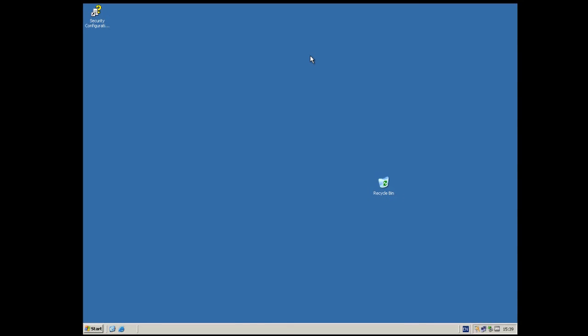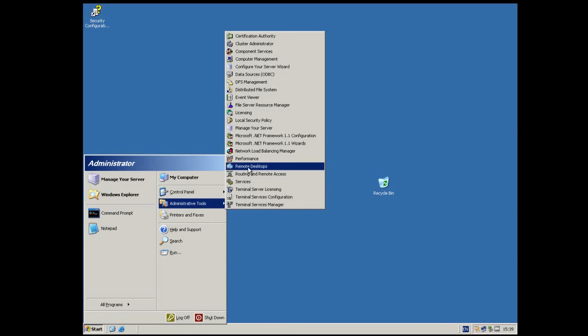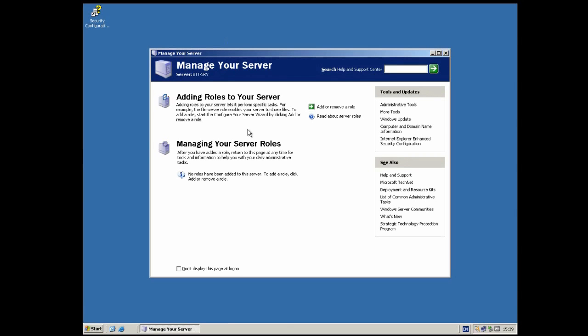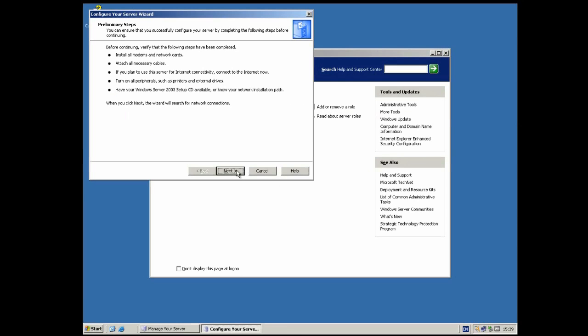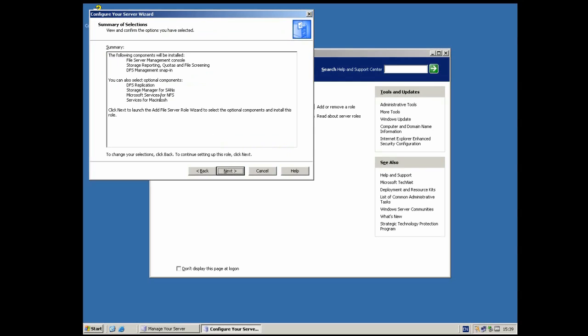Okay, so now that's set up, we need to install the file services role. To do that, we go to Start, Administrative Tools, Manage Your Server. Once that's loaded, go to Add or Remove a Role, and Next. So we need to install the file server role, which is the typical setup for a very basic server. So we're going to click next, next again,